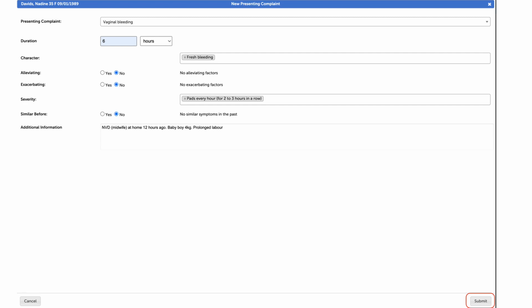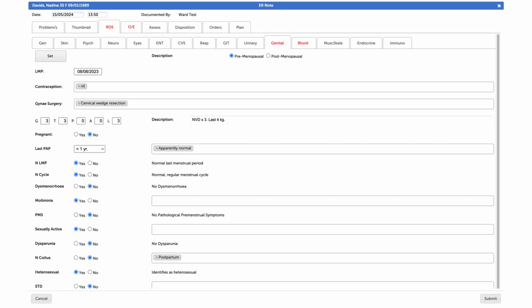Okay, once I've done that, I click Submit. That gets rid of that presenting complaint pop-up and opens the rest of this, inverted commas, Swiss Army knife. Now, the first bit of clinical decision support that's put in here is driven by that presenting complaint. So in this case, this is a 35-year-old woman, recently pregnant, with vaginal bleeding, and it tells you that in